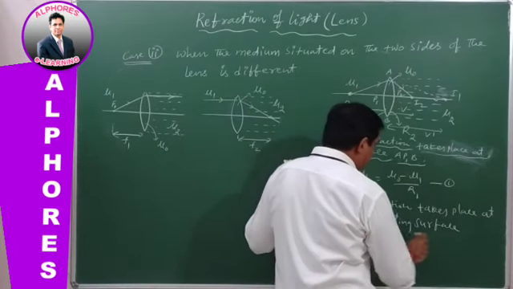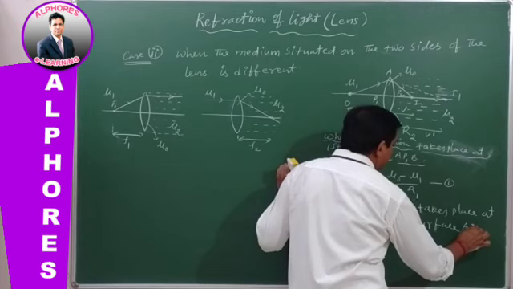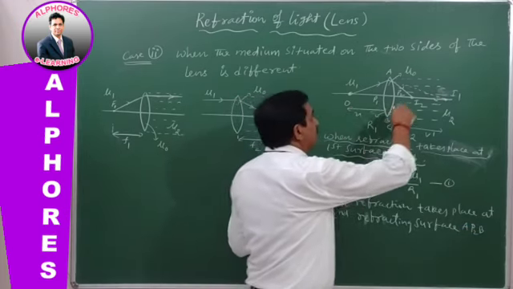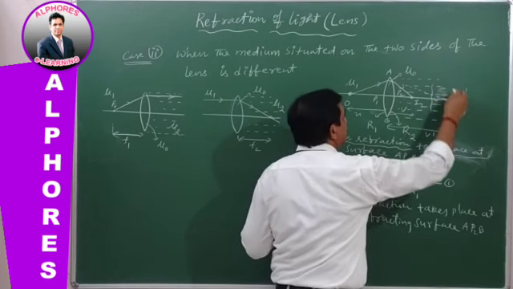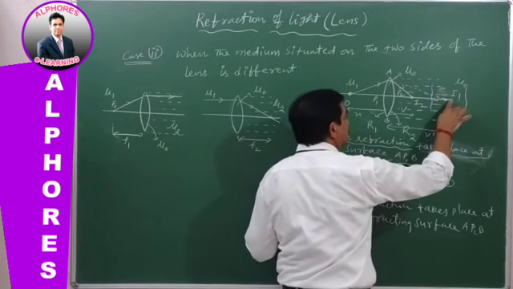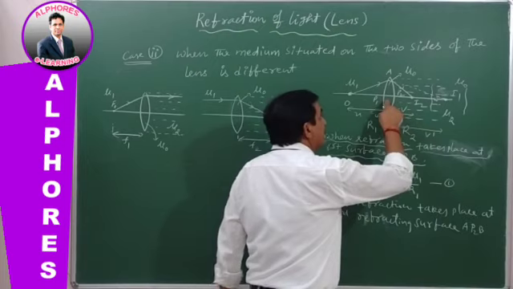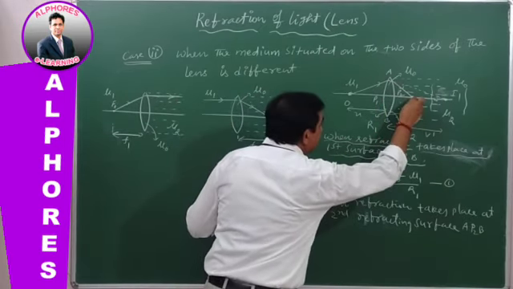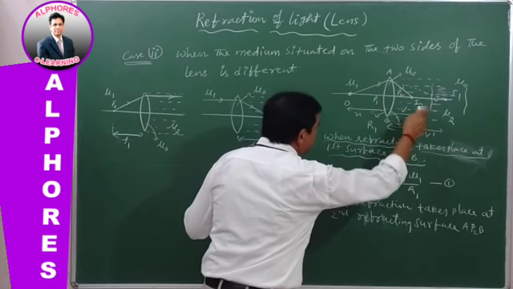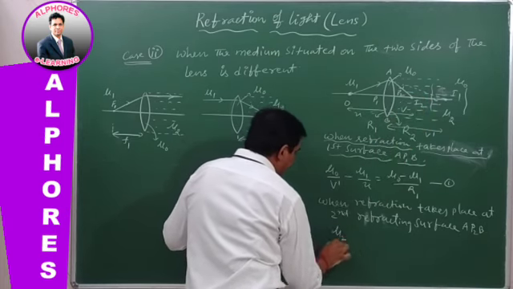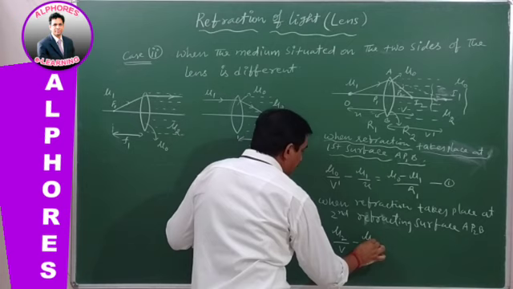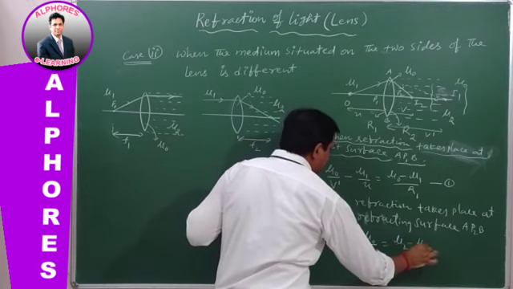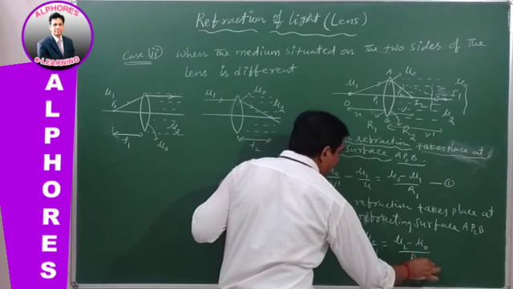So this is the second refracting surface, AP2B. Now the refraction formula: the image is formed in the denser medium, mu naught, that is inside the lens, from the lens into the second medium. So for the lens into the second medium, the final image is formed in this medium: mu2 by V minus mu naught by V dash equal to mu2 minus mu naught by R.